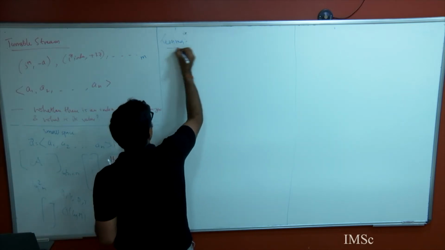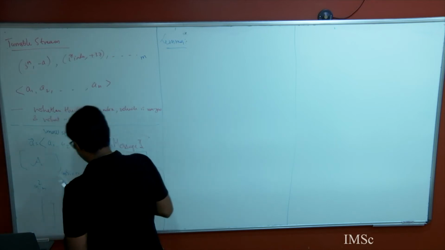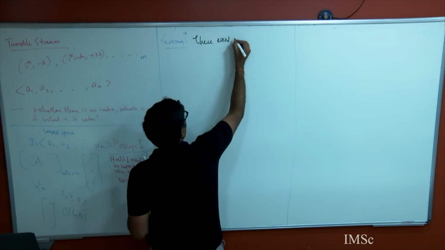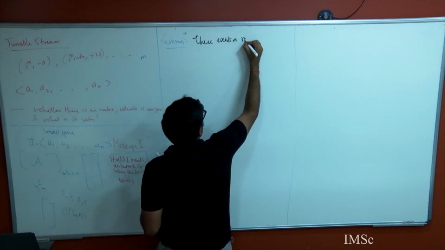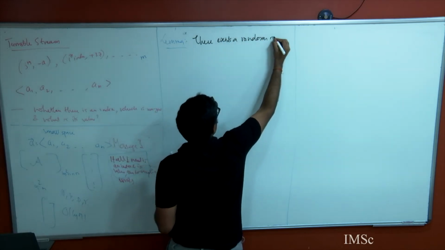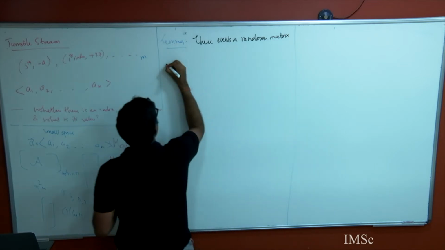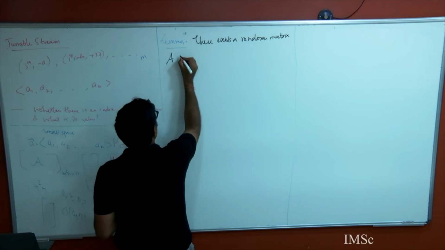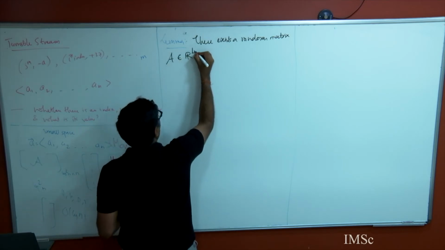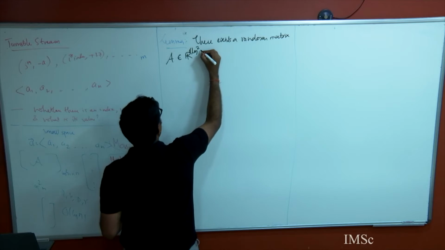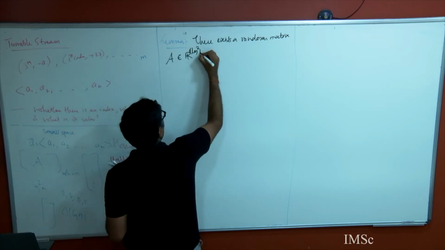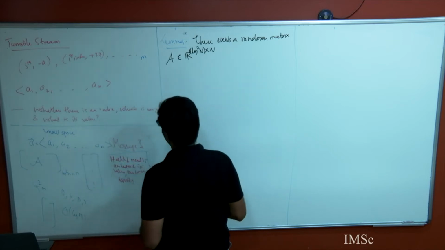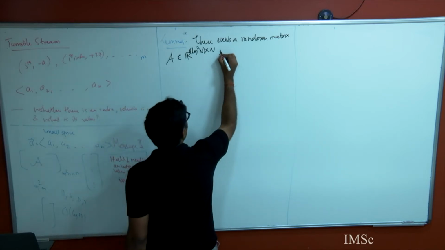This is a lemma which we proved last time completely in detail. So there exists a random matrix A in R to the power big O of log square n times n, that is, a random matrix A in R^(log² n × n), such that for any